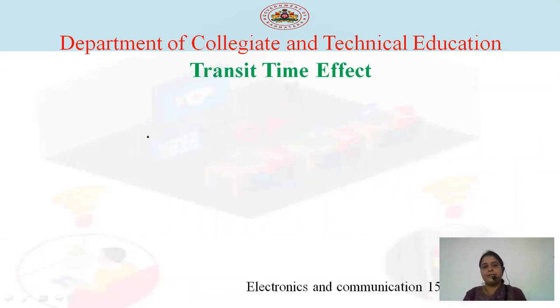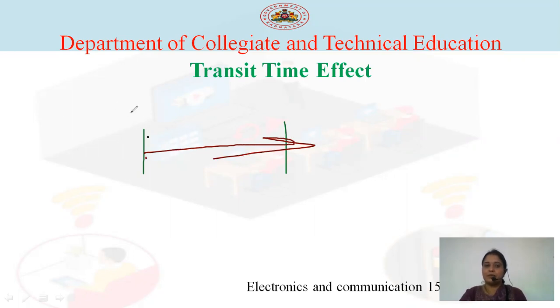Next one is the transit time effect. Transit time means the time taken by the electrons to travel from the cathode to the anode. Whatever that time duration is, that is called the transit time. For example, if you consider here, this is the cathode plate and here is the anode plate. Now suppose electrons are generated here, then they will reach